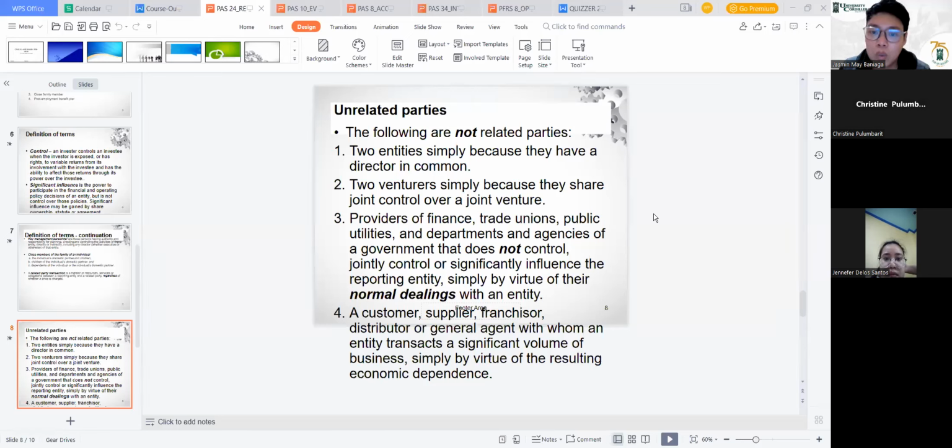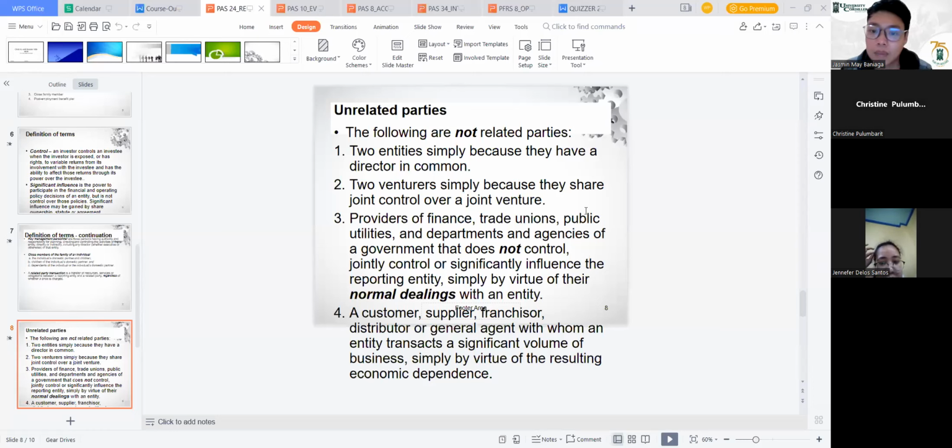Okay. Number two, that's why I am avoiding the use of joint ventures, because it's different from joint control somehow. As you can see for number two, the two venturers simply share joint control over a joint venture. In short, a joint venture is not a related party disclosure and does not fall under PAS 24. In advanced accounting, there is a different way of accounting for joint ventures, and that is not